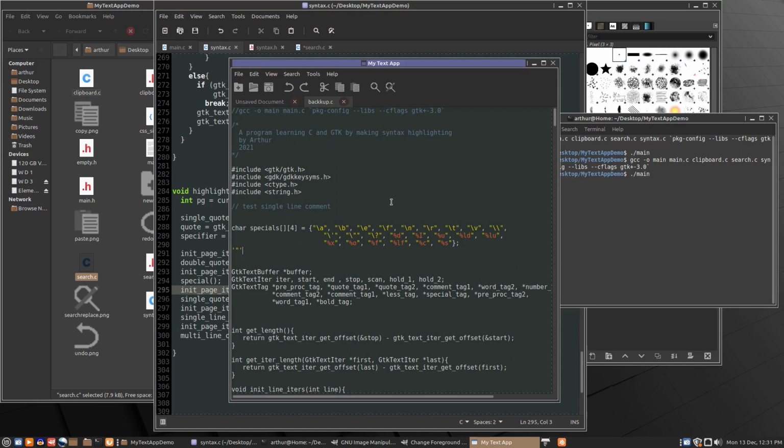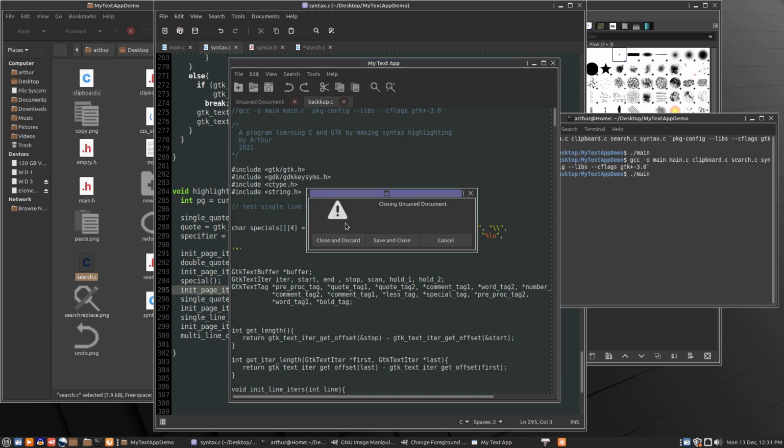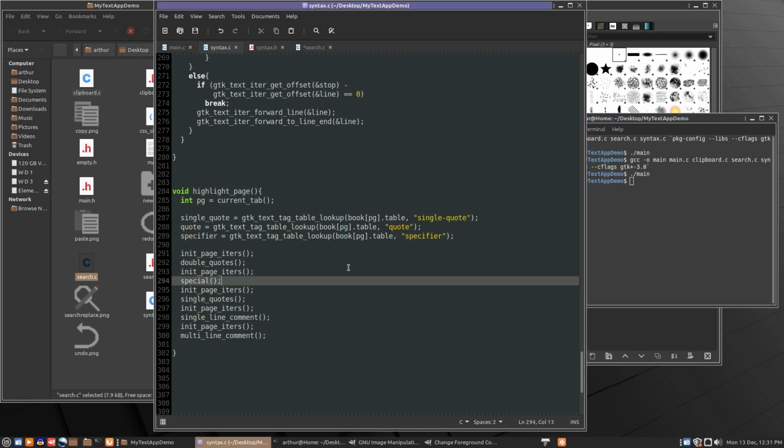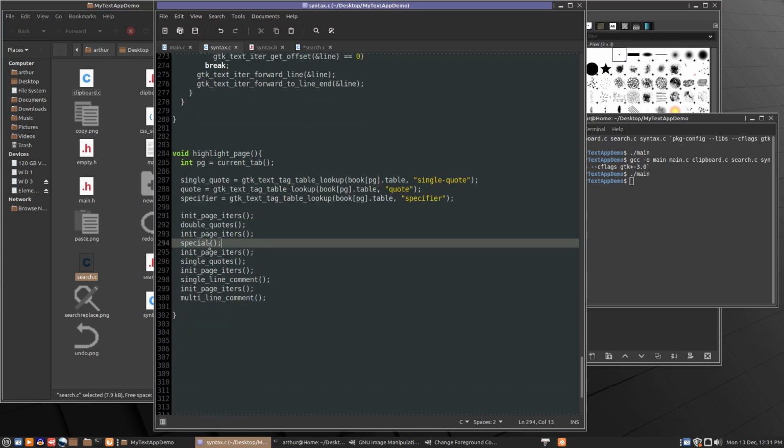So yeah, that seems to be working, except we've caused a breakage here. So we'll have a look at the cause of that breakage. I have an idea what's going on. So let's just close that. So the problem is in the special, and let's change this. We're going to go special 1,